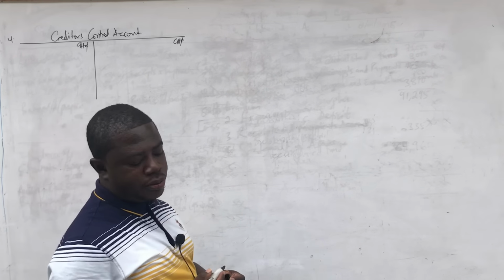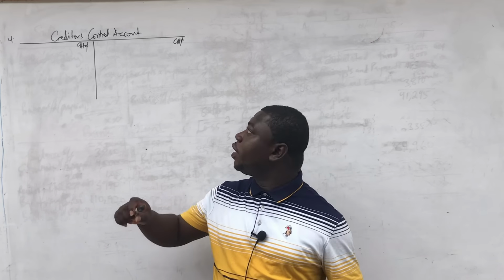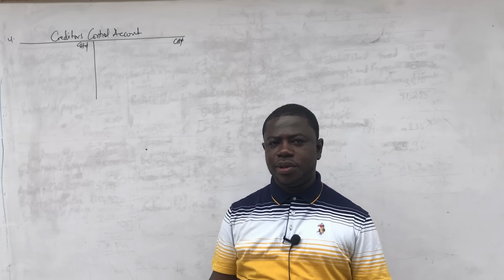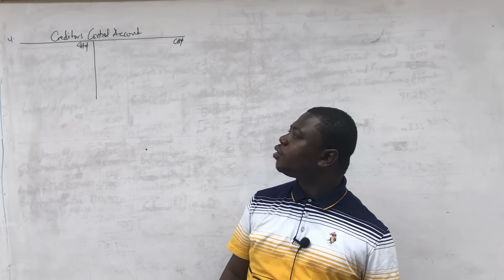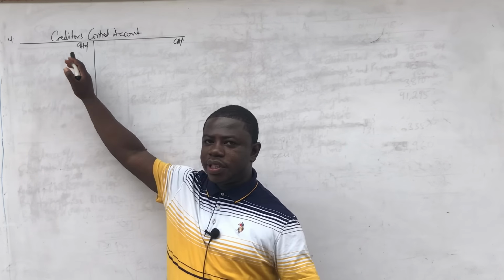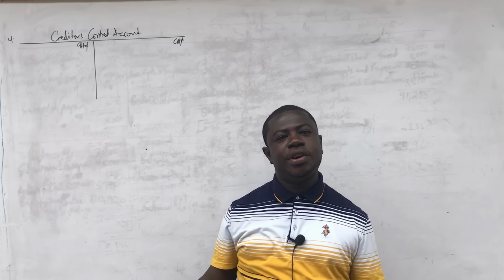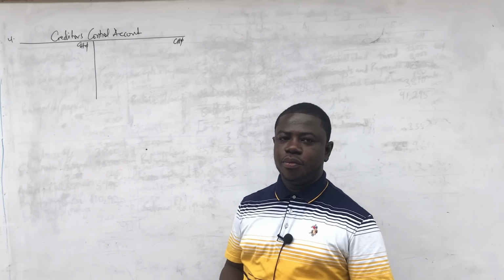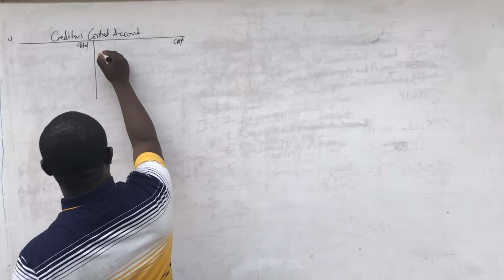So we know how to prepare the control account. Opening creditors balance comes to the credit side. Closing balance goes to the debit side. And if there is any cash paid to creditors, it will come to the debit. And the difference will appear on the credit as purchases. As simple as ABC. And so from the question, the opening balance for creditors,